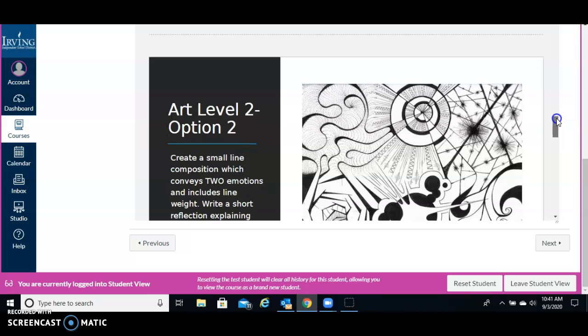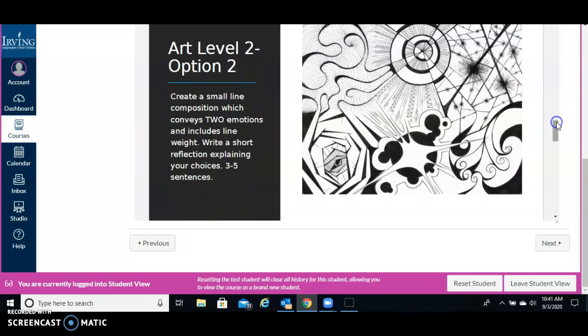And then your second option would be to create your drawing or composition that represents 2 different emotions. Make sure you're taking advantage of line weight, and then explain to me what the 2 emotions are and how you represented them in your drawing. Again, these drawings can be very small. You know, you can do like a little 3x3 or 4x6. You can do a small